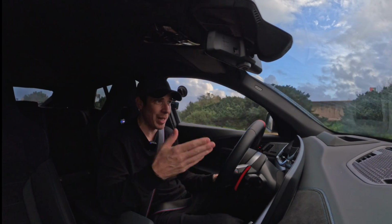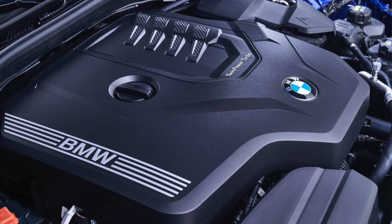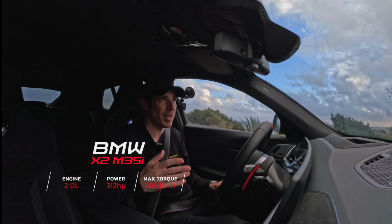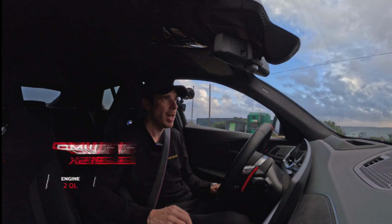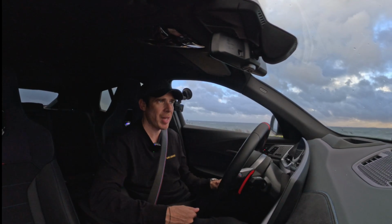And because the X2 is built on the front-wheel drive platform, they're not able to accommodate a 6-cylinder under the hood. So therefore, they have to use the B48 2.0-liter twin turbocharged engine, which was tuned in this car to make 312 horsepower in the US and about 296, 300 in Europe. There is a little bit of a difference because of the OPF filter. 295 pound-feet of torque, enough to take it from 0 to 60 in about 5.2, 5.4 seconds,